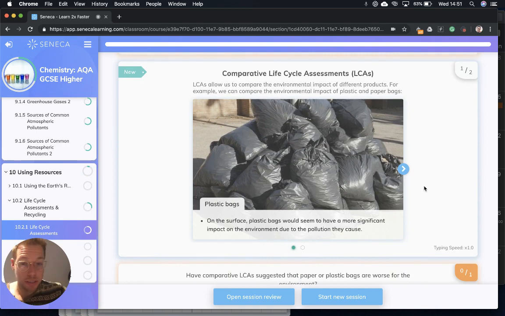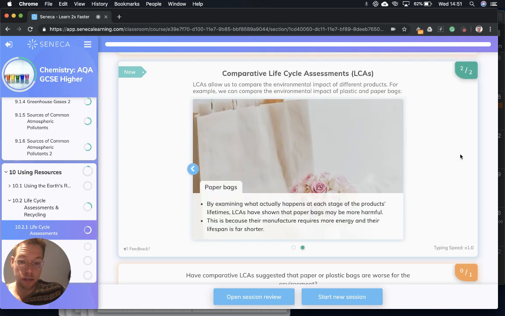Now, why do we bother doing these? Well, they allow us to compare the environmental impacts of different products. For example, we can compare the environmental impacts of plastic and paper bags. So let's start with plastic. On the surface, plastic bags seem to have a more significant impact on the environment due to the pollution they cause. But by examining what actually happens at each stage of the product's lifetime, LCAs have shown that paper bags